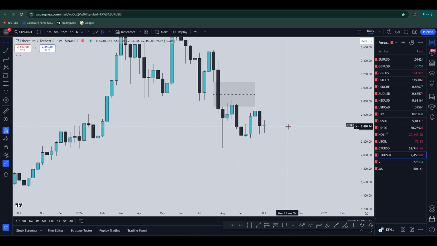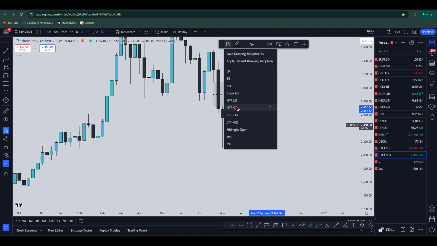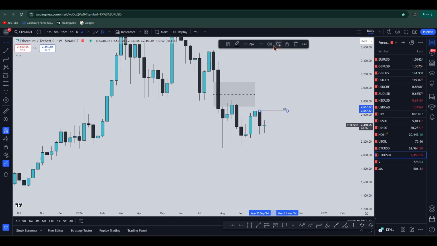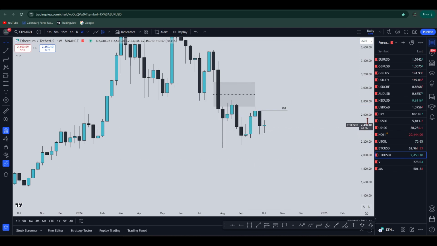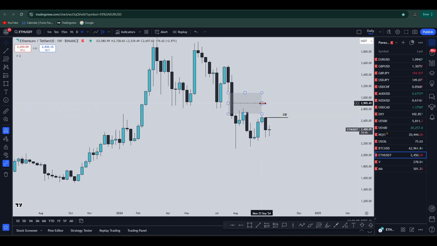Just like I said 2 weeks ago, if we hold this price action here, and if we manage to create a potential order block here, we might still go higher. And if we respect the price action of Bitcoin, if they move accordingly, I would say they're both bullish. And I think that's it for this week's forecast.